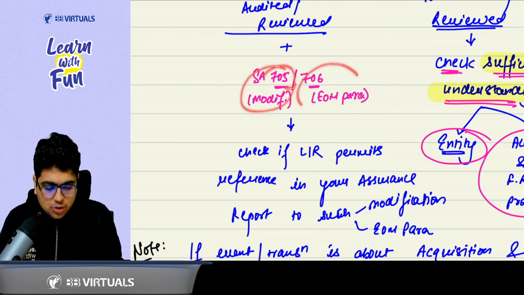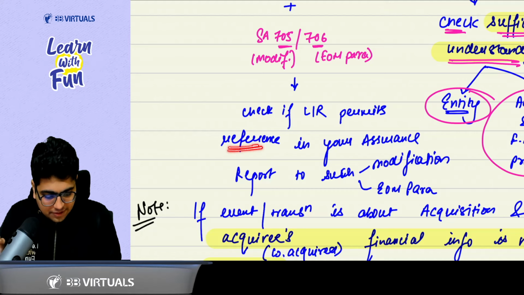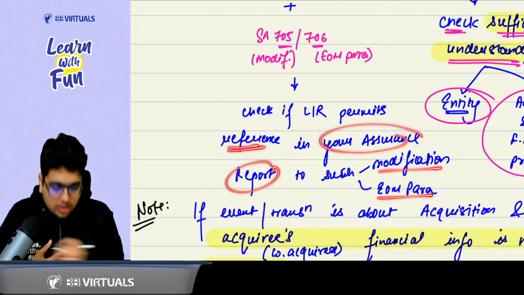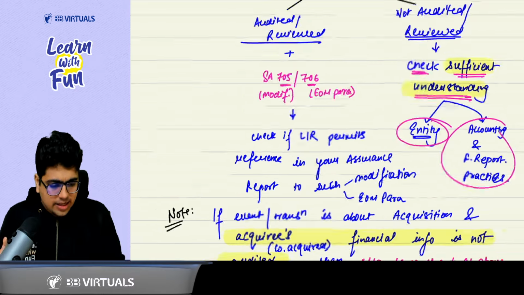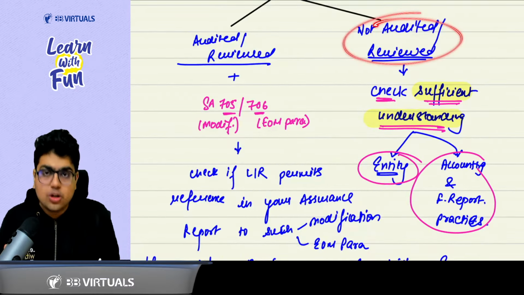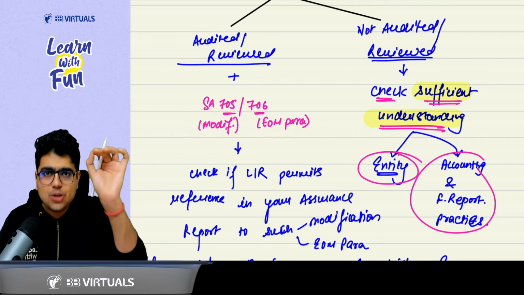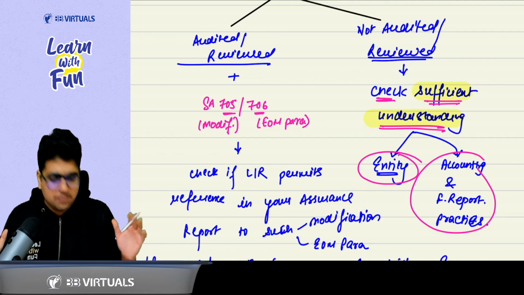If they have a modified opinion or EOM para, check whether you can give the reference in your assurance report to such modification or EOM para. This is the basic thing. Just read and understand. And if it is not audited or reviewed, then you need to see whether you have sufficient understanding